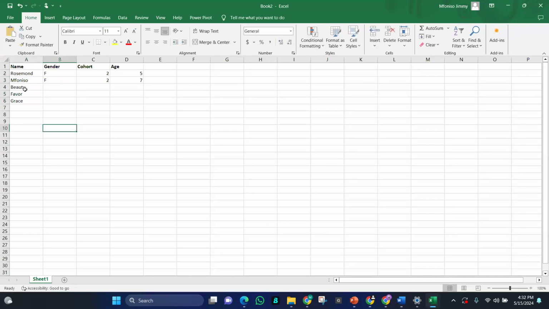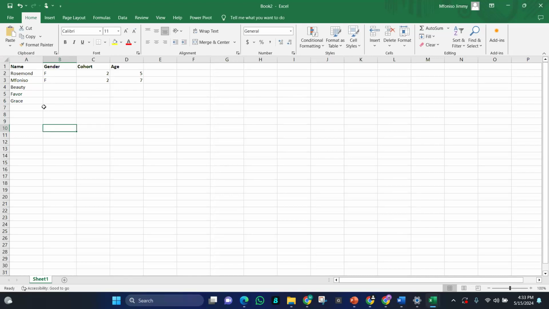So let's say I inputted Beauty, Favor, and Grace, and they are all female. They are all in cohort 2, and they are also 7 years old. Instead of manually inputting F, F, F, F, F like I would have just done, there is a basic thing in data entry known as flash fill or autofill.